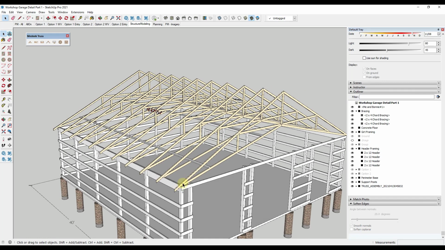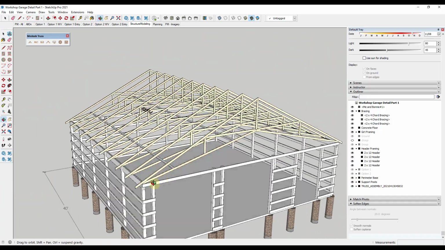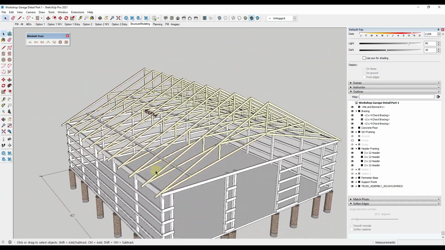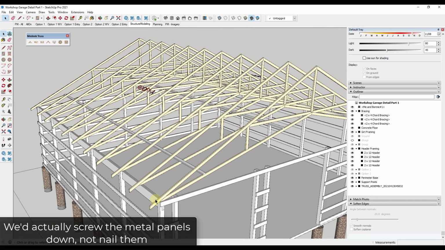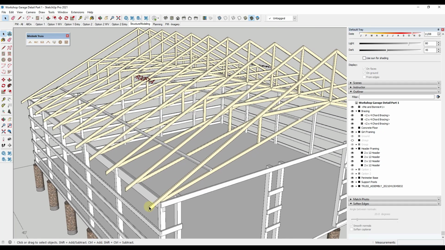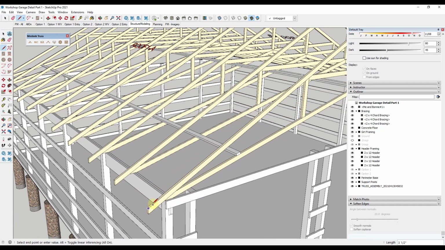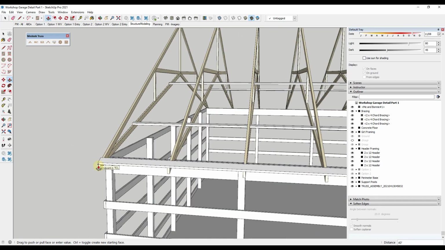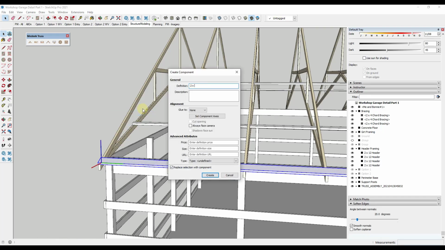And so now I'm going to add my purlins that go on the roof. And so what the purlins are going to do is they're going to give me somewhere to nail my metal roof panels. And so those are going to be at something like 24 inches on center. And I'm assuming those are going to have to be 2x6s. So what I'm going to do is I'm just going to model that out. So 5.5. I'll just make this a component. We'll call it 2x6